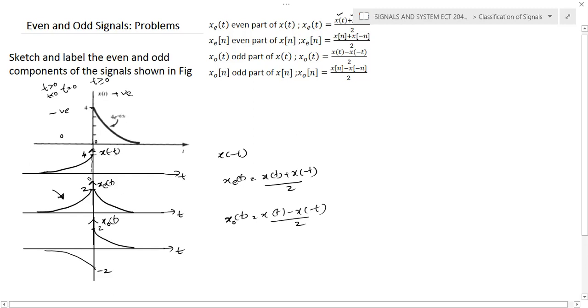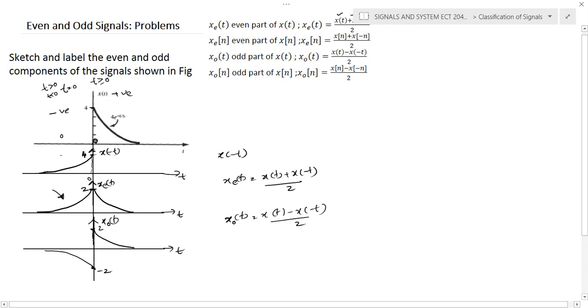Or you can draw the waveform separately. Maximum it goes to 2, so you'll get almost here. And for the other signal you need 0 here, and you need to subtract each value. So it's 0 minus 4 by 2, so you'll get minus 2 here. It starts from minus 2 onwards. Here it is 0, and here the maximum amplitude is 4, so 0 minus 4 by 2, which is equal to minus 2. So we can start from this particular point.